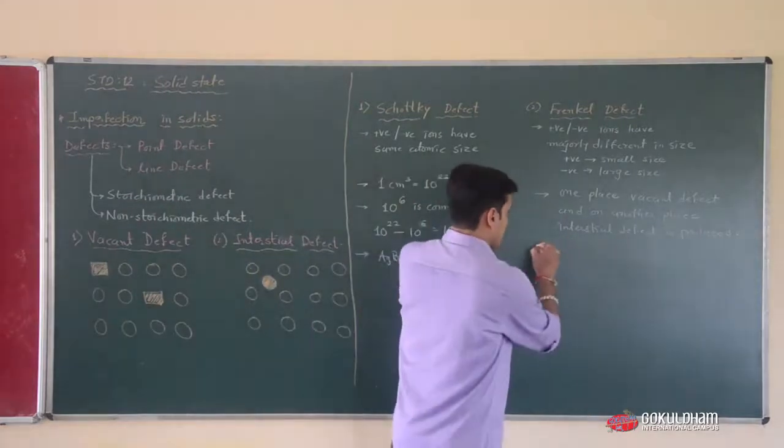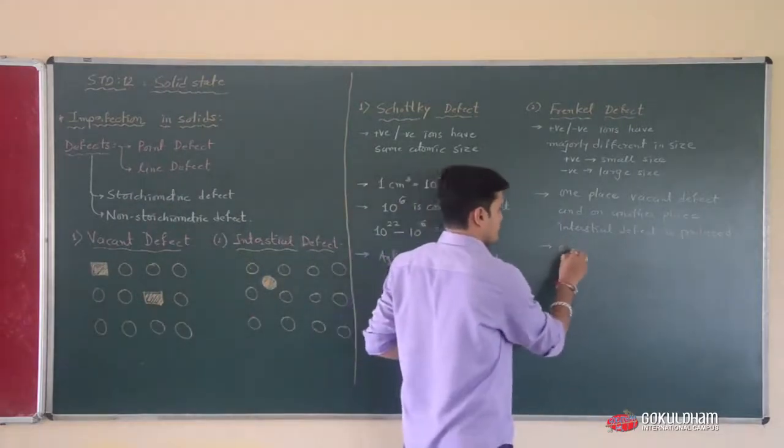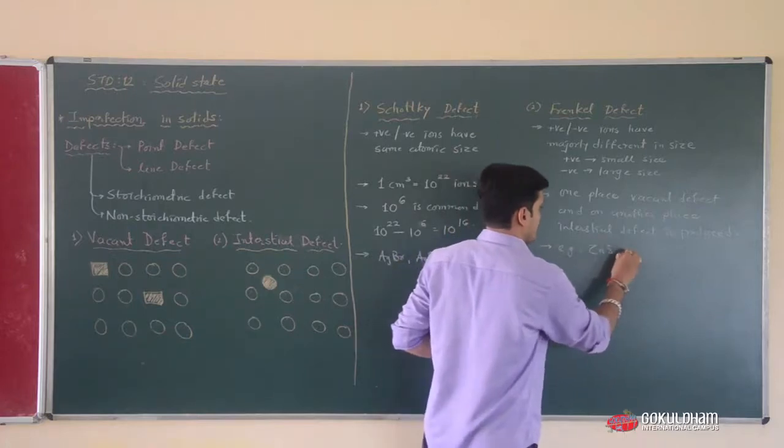And the example of Frenkel defect is ZnS,